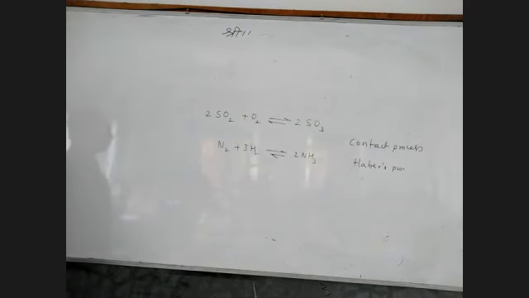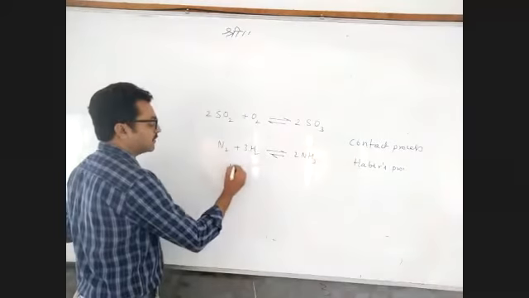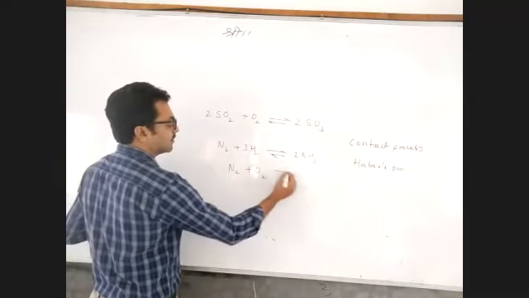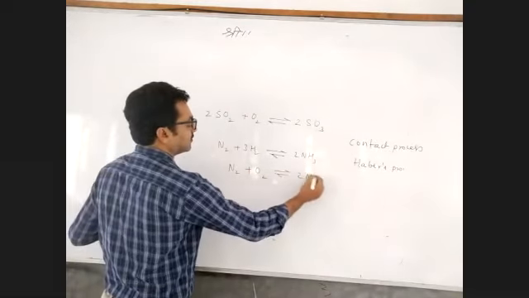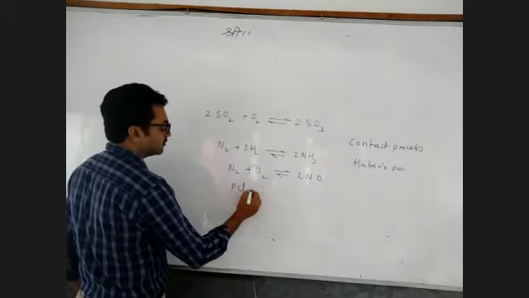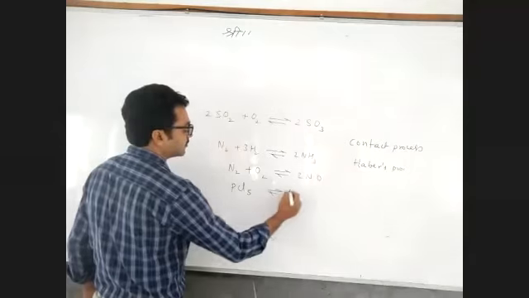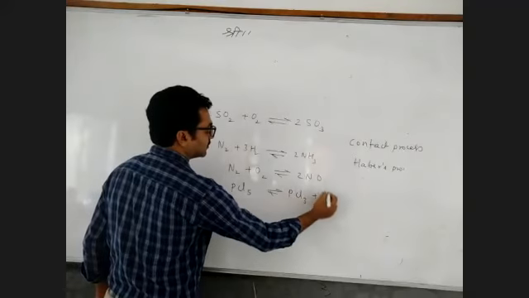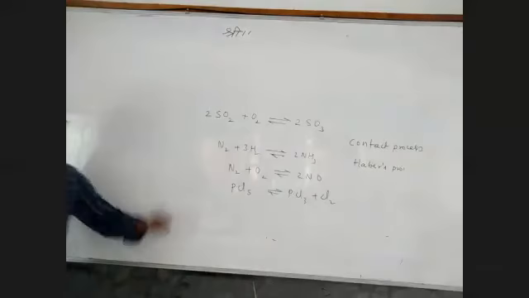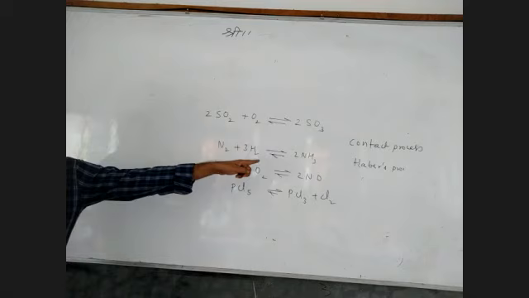Next, N2 plus O2 gives rise to 2NO. Which process? I don't know. Normally we have to check it. 2NO, it is an endothermic reaction. That part I know. Now, PCl5 gives rise to PCl3 plus Cl2. Okay, first bench. Again, don't ask how the ammonia came. Okay?